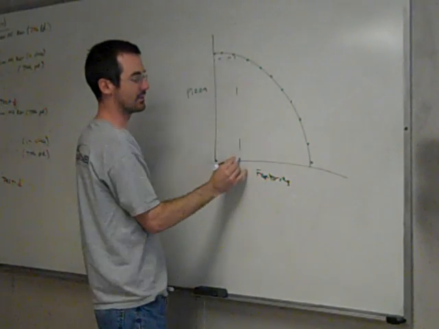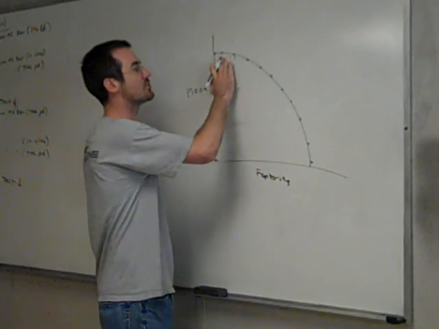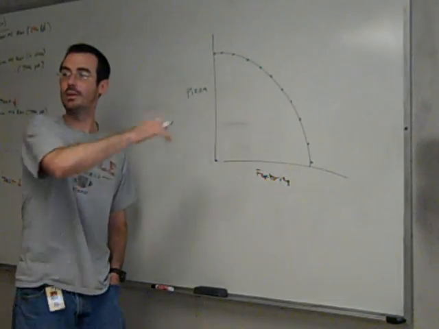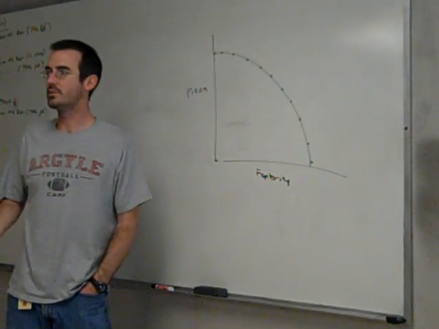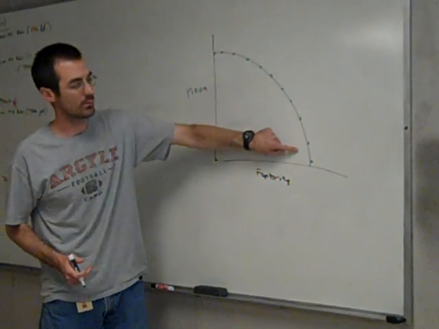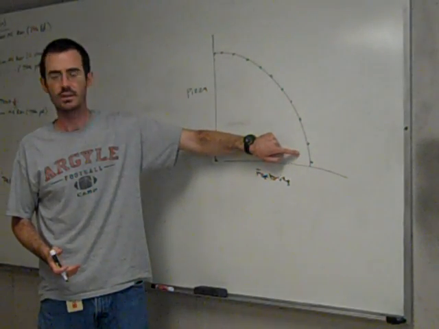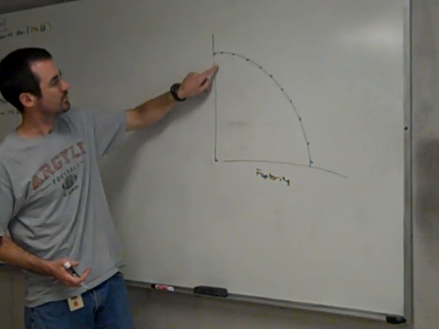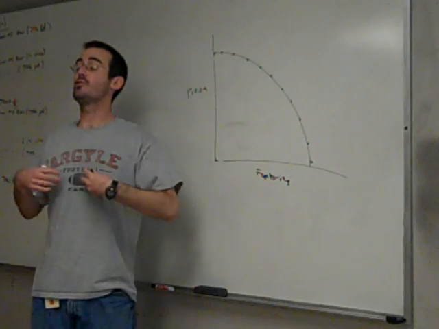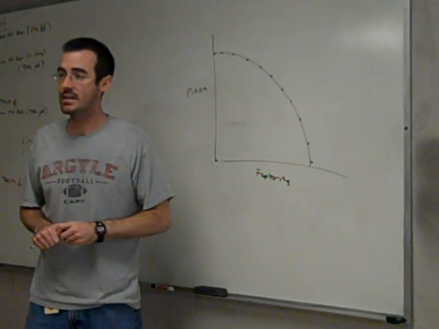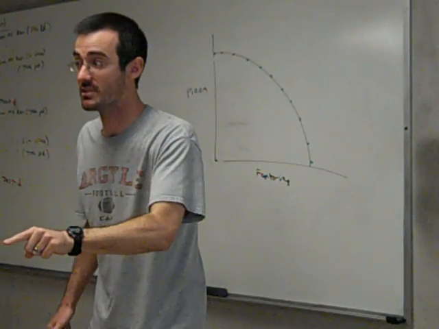This many pizzas and this many factories. This many pizzas and this many factories. And the AP people love to trick you into saying one of these is better. One of these is preferable. Is that true? Which one is the best point? Well, there's not one. We don't answer that question in economics. That's a normative question. Which one's the best? Give me a break. Okay? That's a trick. The question of having the right combination, the best combination for a given society, is not something you can determine as a test taker.